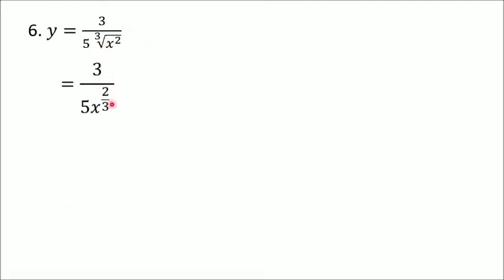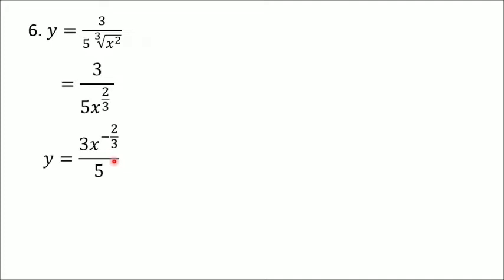Magiging 3 over 5x raised to the power of 2 over 3. And then again, bago natin kunin ang derivative nito, itataas uli natin itong si x dun sa numerator para ma-apply natin yung rule. So, magiging 3 over 5 x to the negative 2/3. Dahil nasa denominator siya, pagdating niya sa numerator ay magiging negative na yung kanyang exponent. And then, pwede na natin gamitan ngayon ng